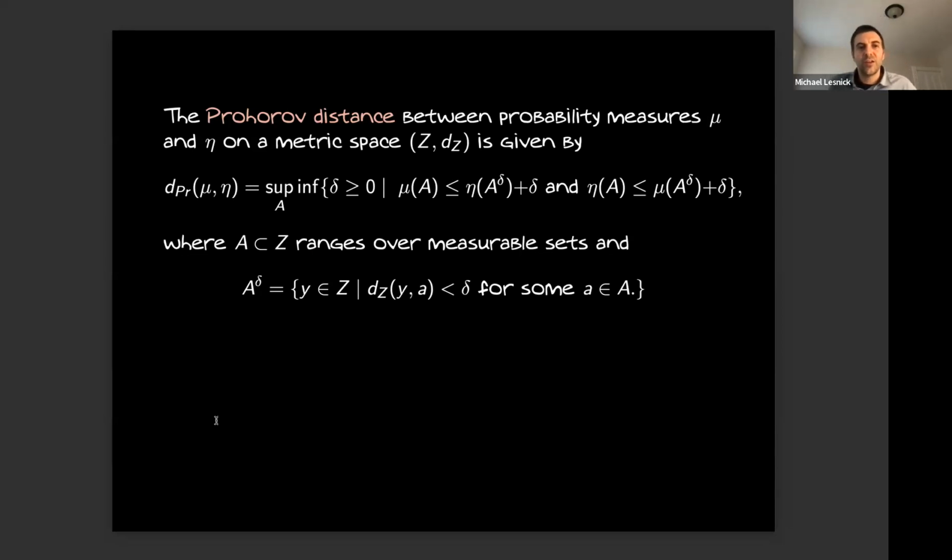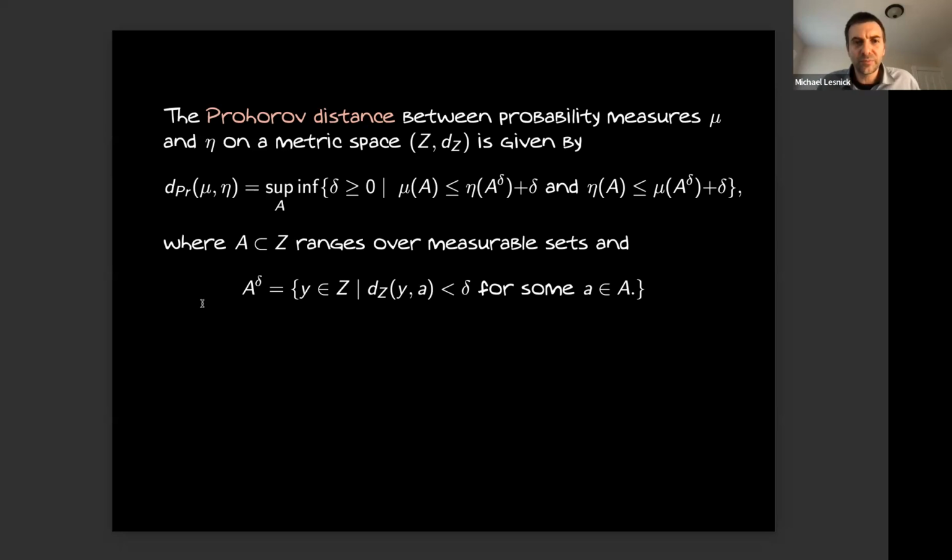It's very classical. And it's given as follows. For probability measures mu and eta, this is the supremum over all measurable sets A of the infimal delta such that mu of A is less than or equal to eta of the thickening of A by delta plus delta. And symmetrically, eta of A is less than or equal to mu of the thickening of A by delta plus delta,